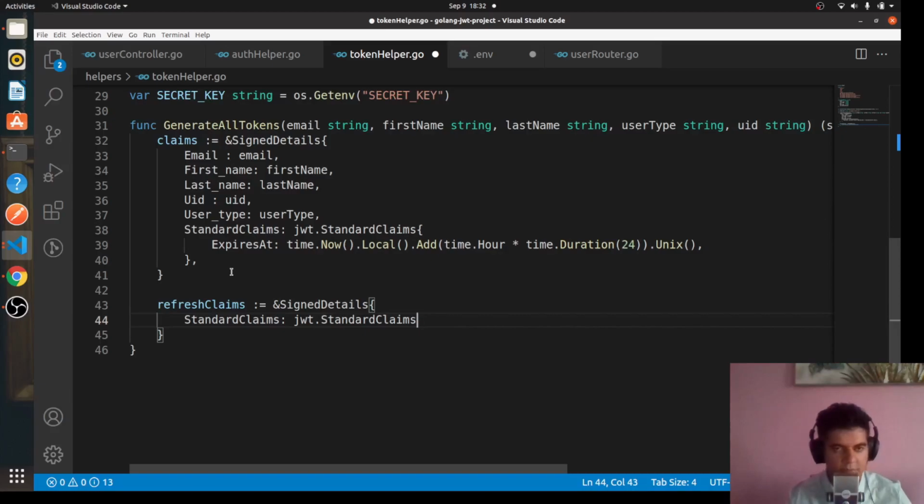So refresh token is basically the token that you can use to get a new token if your regular token has expired. In case you didn't know that, I'm assuming you know a little bit about what authentication is in general, but you get a token, and then if your token expires, you use the refresh token to get a new token issued to you from the backend. That's how it works. So we'll say time.now .local